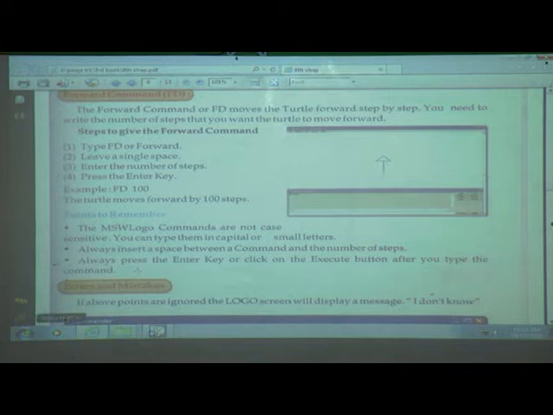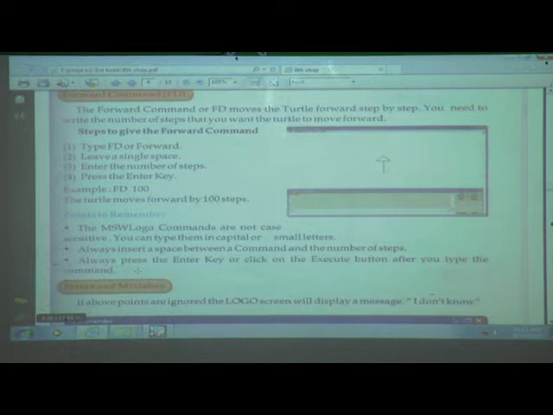For execution we must press the enter key or press the execute button. Which points must we remember? First one, MSW Logo is not case sensitive. It means we can write an instruction in small letters or in capital letters.